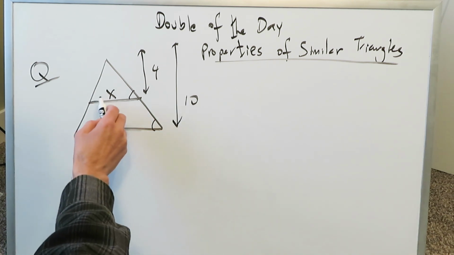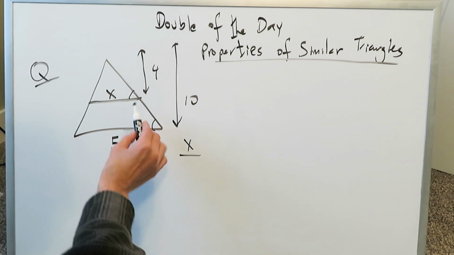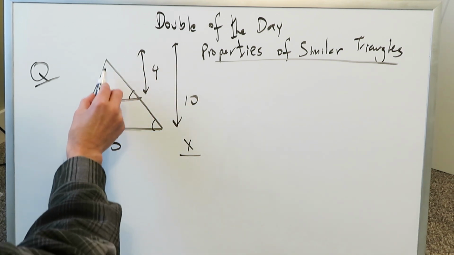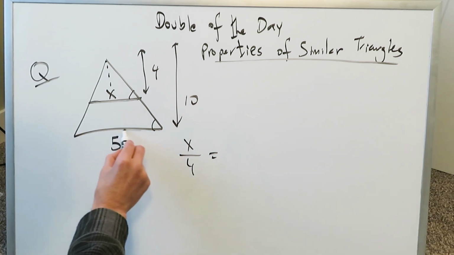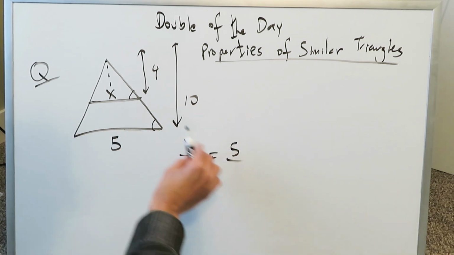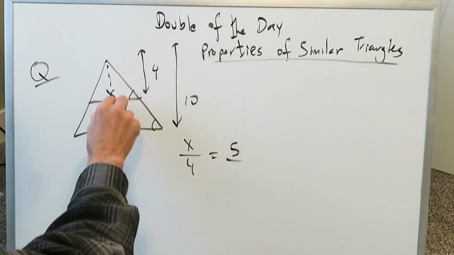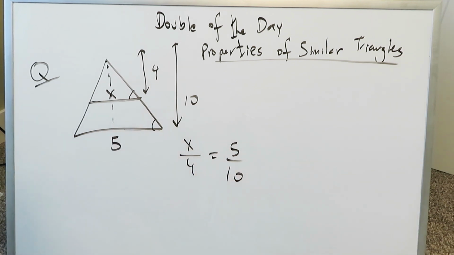to use ratios. We have a base x divided by its corresponding height of that triangle right here, that would be 4, is equal to the base of the large triangle, which would be 5, divided by its corresponding height, which would be all of that up to 10. And you would simply just solve for x. You wouldn't even have to bring trigonometry in here. You'd have 10x is equal to 20, and then x is equal to 2, and that right there would